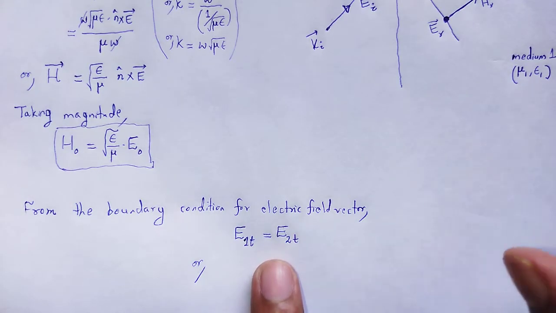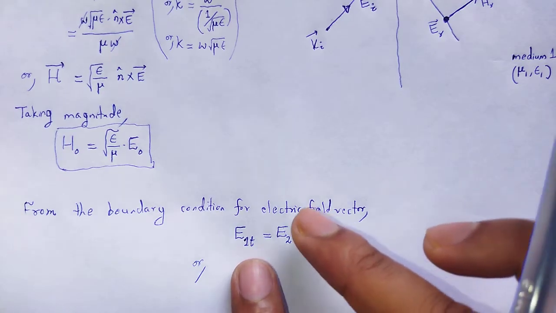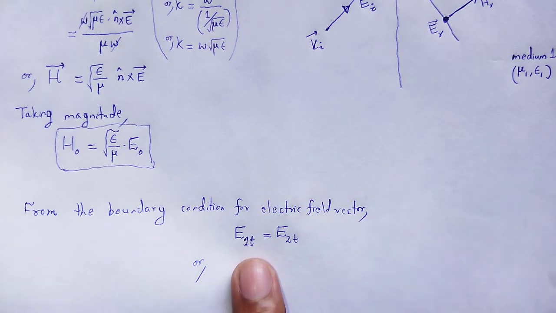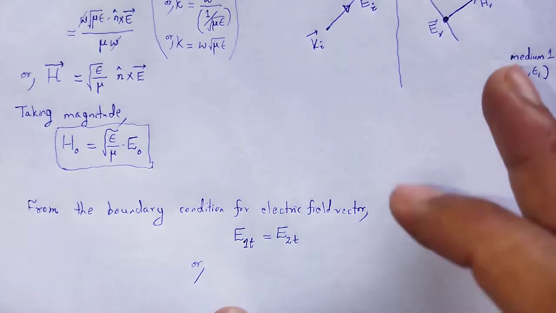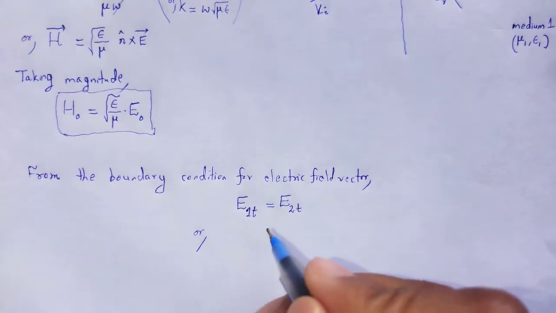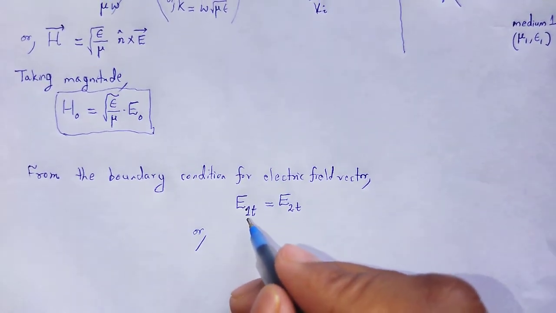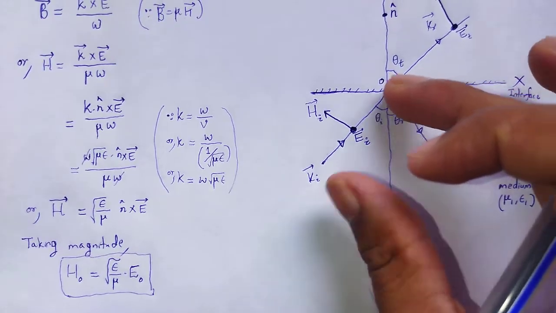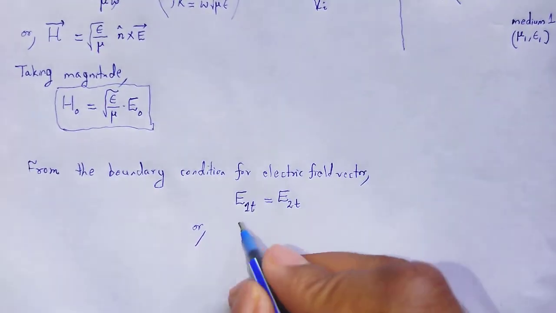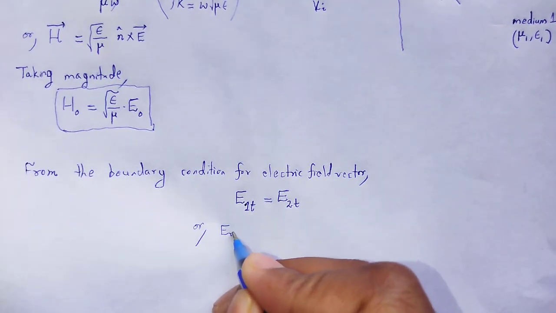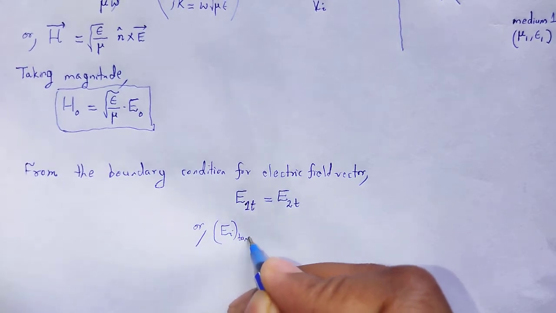In boundary conditions, the position and time terms are equal on both sides, so for the tangential component we consider only the magnitude terms. For medium 1, that is the incident wave and the reflected wave, the tangential component of the incident wave